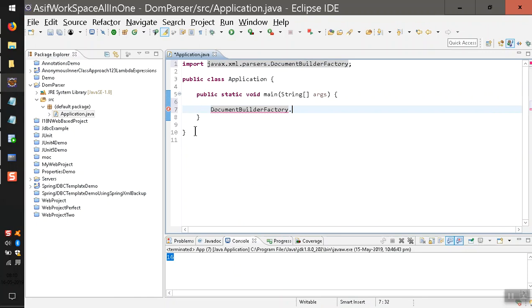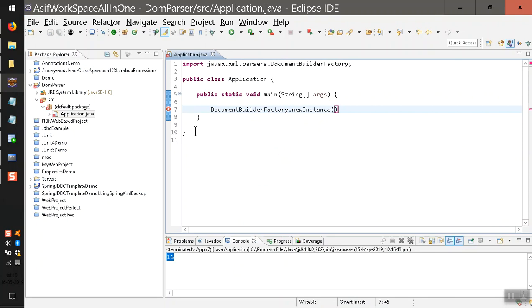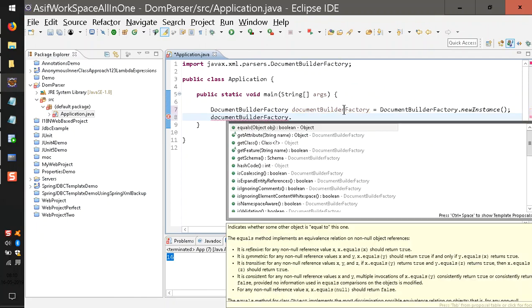So using this DocumentBuilderFactory, I'm going to call newDocumentBuilder. Once I call it, let me save it inside the DocumentBuilder. Once you get the DocumentBuilder,